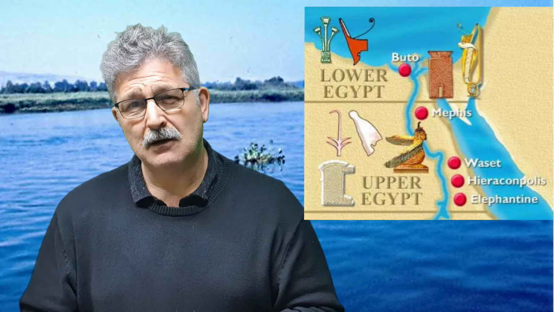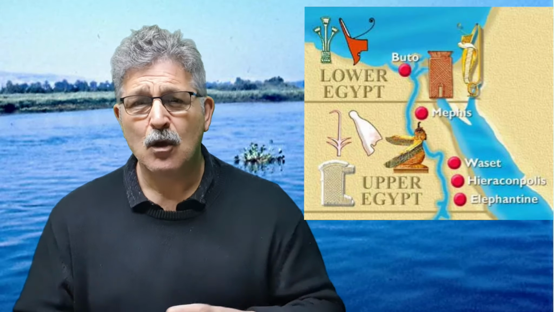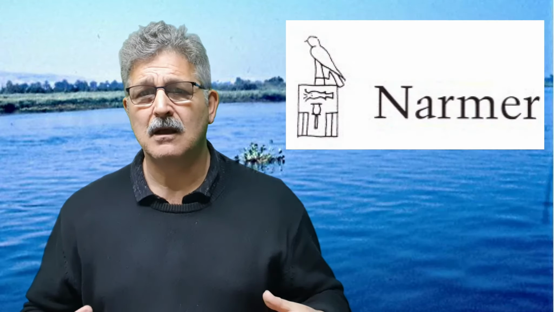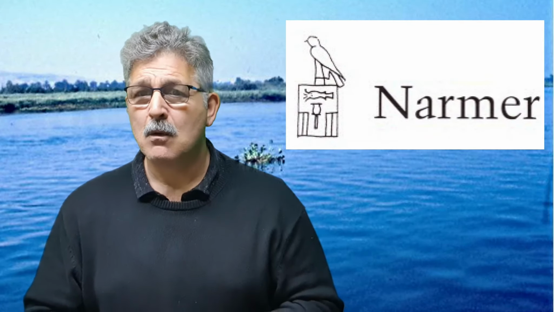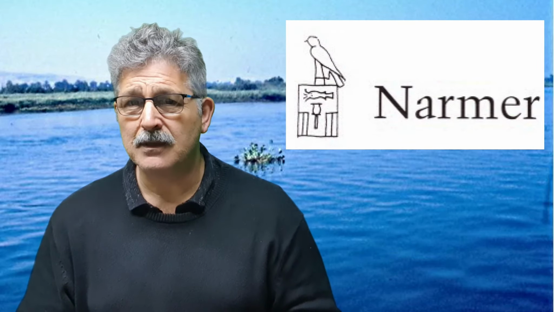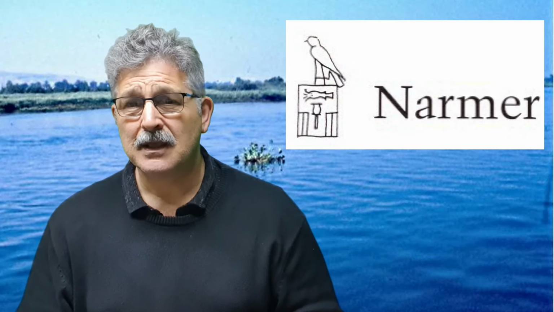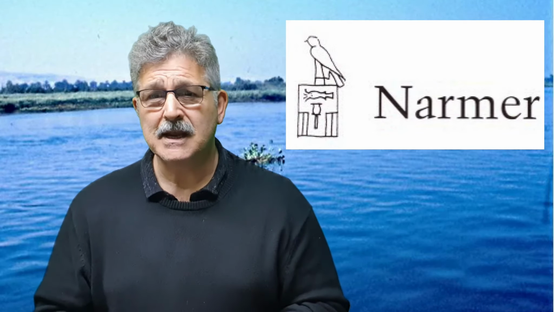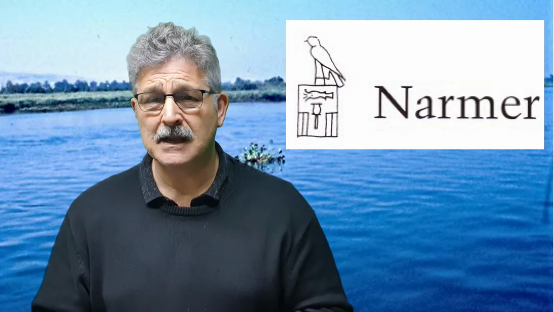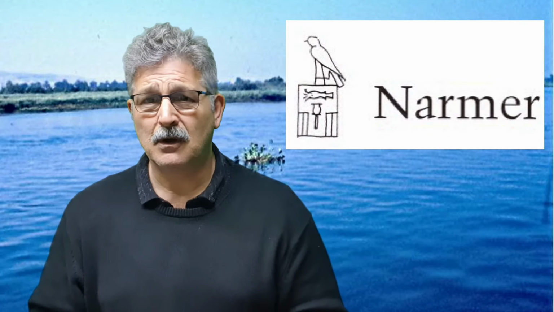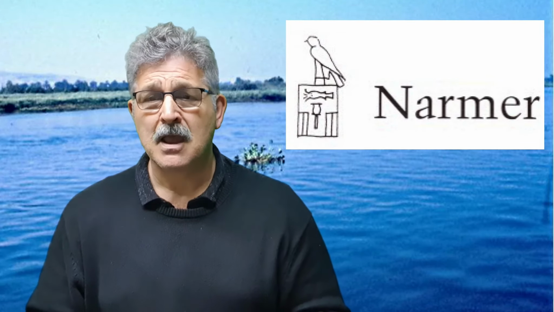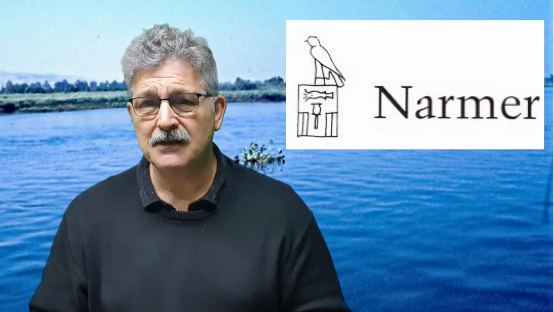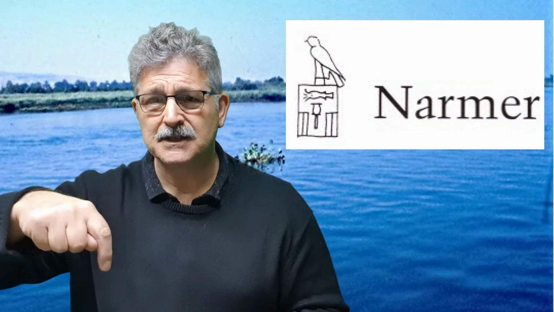Wow. Now, how are you going to communicate with everyone in the country that you are the king of Upper and Lower Egypt? Well, one device that they came up with during the reign of Narmer was the serekh. And if we have a look at Narmer's serekh, he's got the falcon on the top of the rectangular box. In the top part of it is his name written in hieroglyphs, and below is the palace facade.